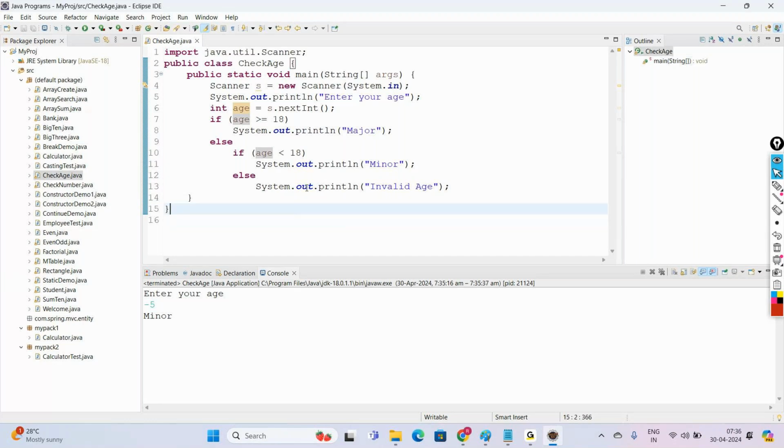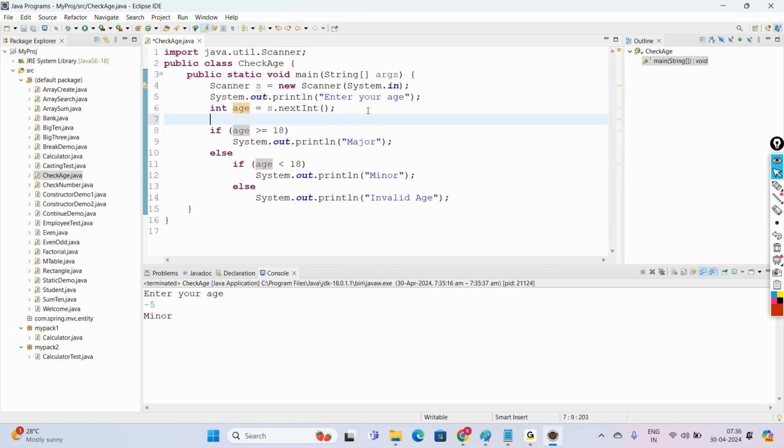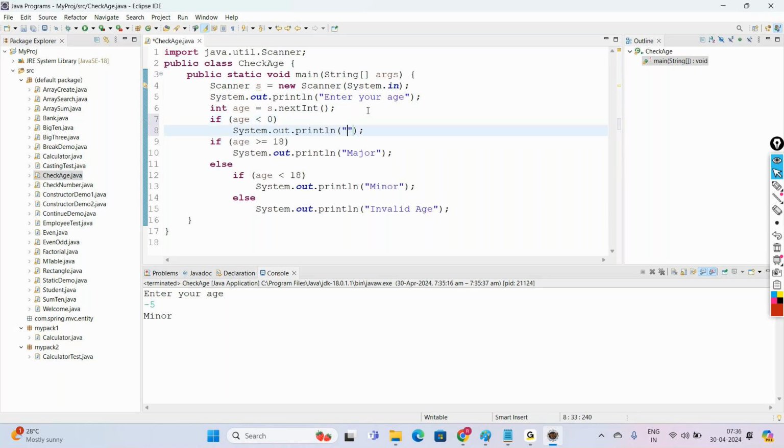So this type of error, where you are not getting what you are expecting, we call logical errors or semantic errors. If the program is incorrect, we call it a logical error. Now, what is the point? If age is less than 0, we have to say invalid age. So after accepting age, check here: if age is less than 0, then display invalid age. Else